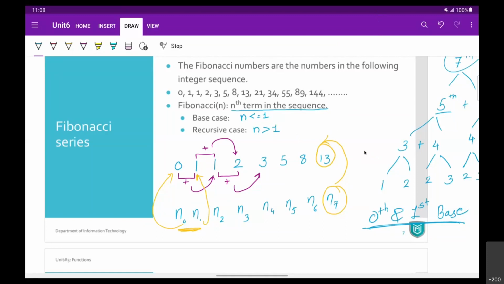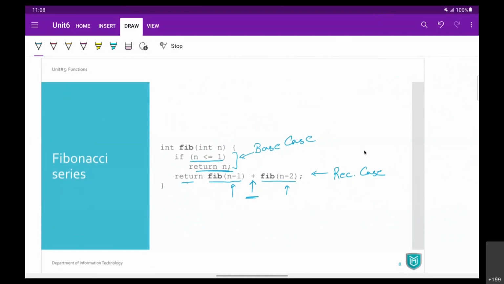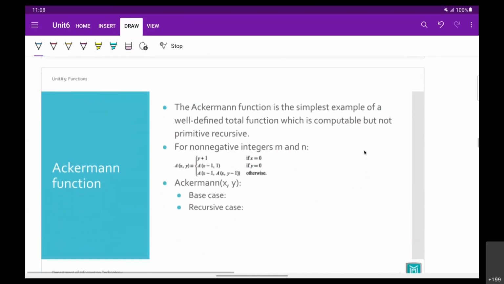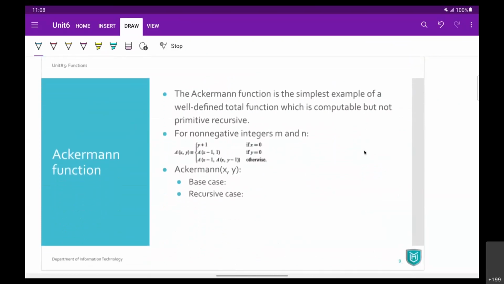Well, so we have seen two recursive solutions, factorial and nth term in the Fibonacci series. And this is the code we have discussed. Let us discuss one more today, and that's the third one, the Ackermann function. You might have gone through the Ackermann function earlier in your schooling. We'll not be going into that depth of Ackermann, why and where and how it is being used. We'll be focusing on the recursion here, how we can do the recursion in this case.